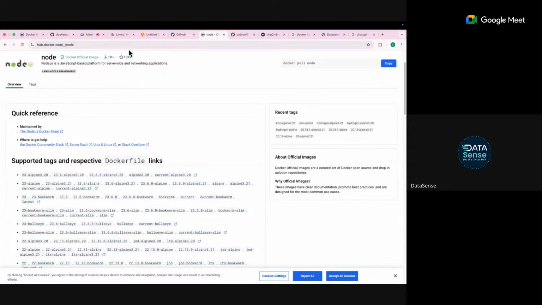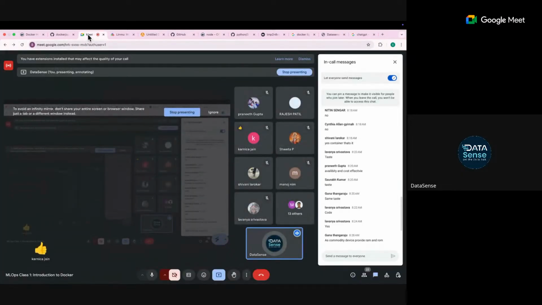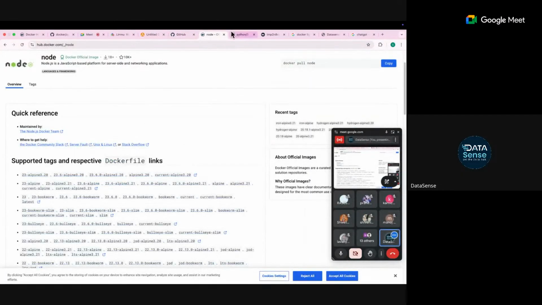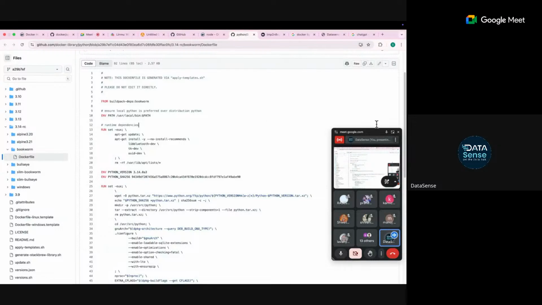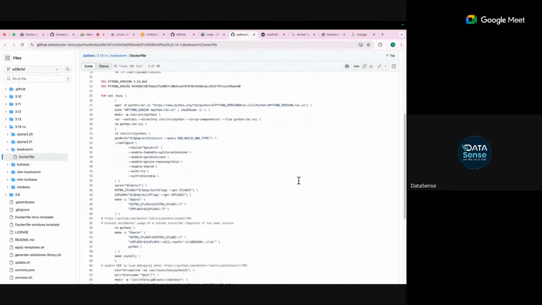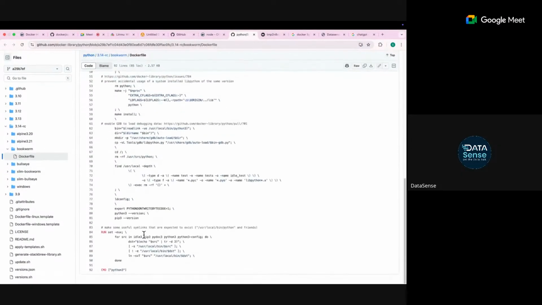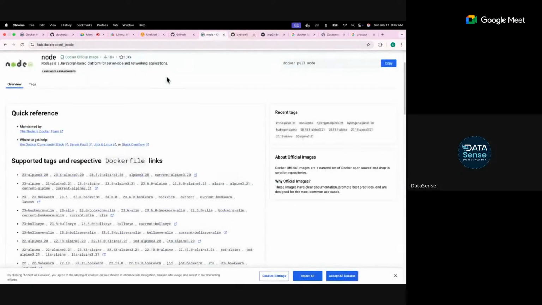Is it clear, guys? Is the concept of base image clear to you? Why do we need a base image? To avoid the tedious tasks, like downloading Python. Otherwise, we will have to run all this big code. I don't want that, because if something is already built, I will just use it, right? Why would I have to understand what this code means and all that? I don't need to do that. So simply use this.